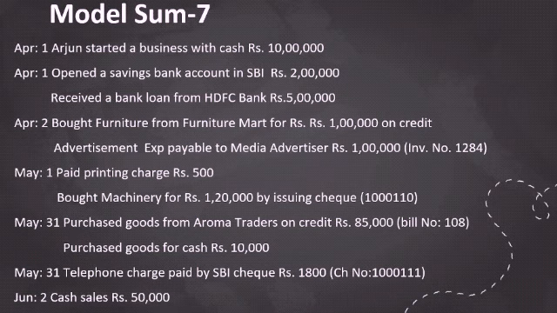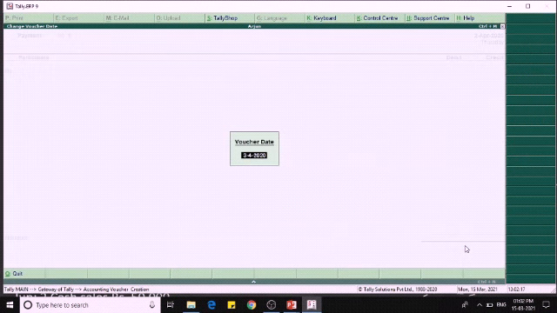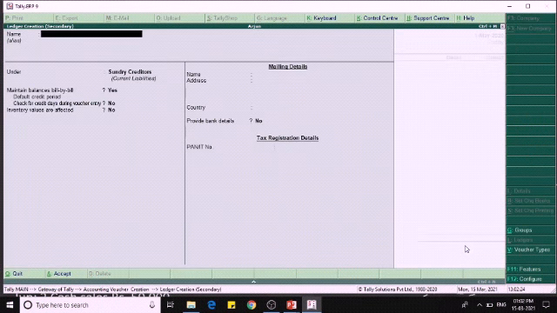The next one is on the 1st of May, we paid printing charges rupees 500. This we have to put in the payment voucher. Before that we have to change the date to 1st of May. What is the transaction? Paid printing charges.